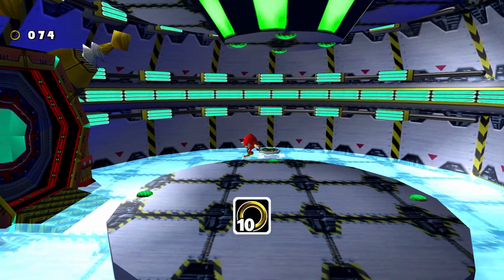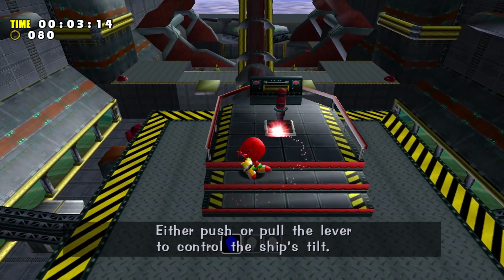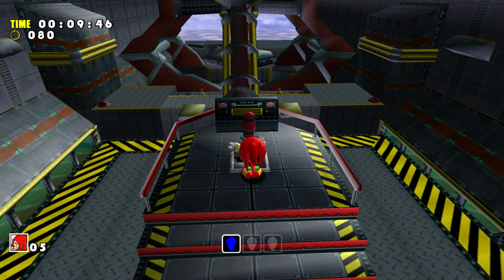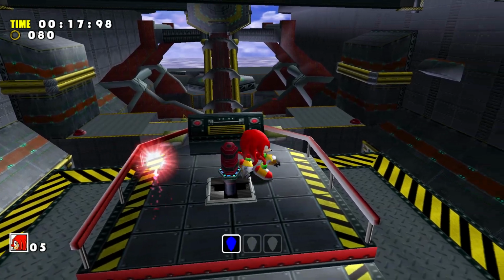And inside here is the door to the Sky Deck, Knuckles' fifth and final action stage. Either push or pull the lever to control the ship's tilt. And in a very fun, quote-unquote, gimmick, we get to control which way the ship is tilting